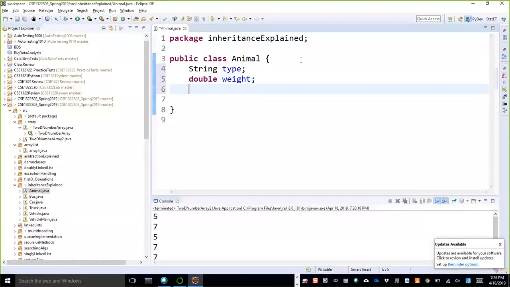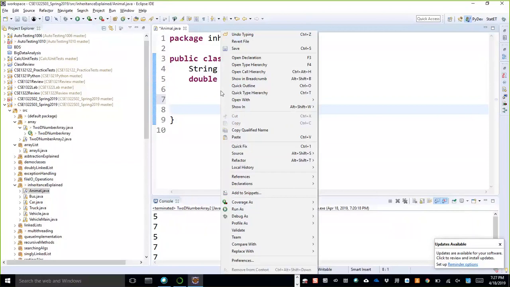So now let us make a getter and setter for this. How to create getter and setter? Do a right click in Java. It is easy.